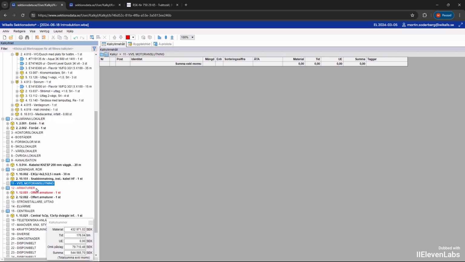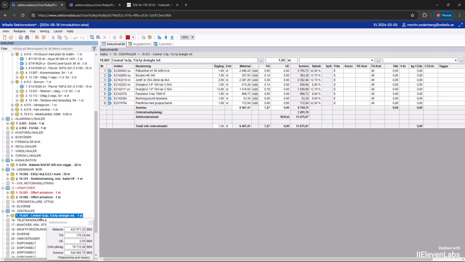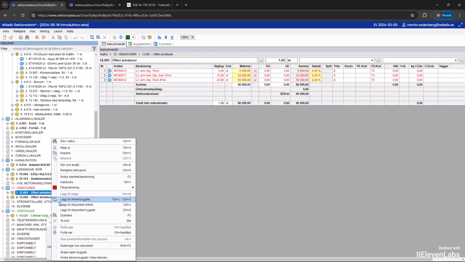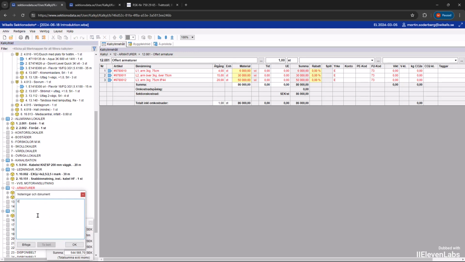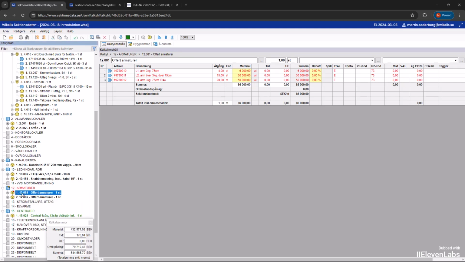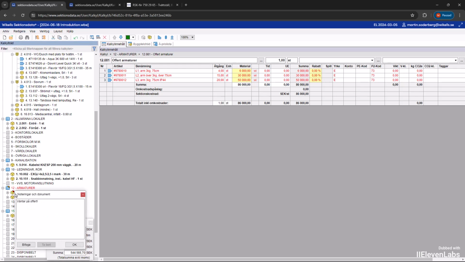When something is ready, I can instead mark it green. I select the post, choose green, and also get a track up all the way to the chapter. Notes can be used to add comments in the spreadsheet. I right-click on an entry and select Notes and Documents. Here I write waiting for quote and click OK. I then get a mark on the building part, and when I hover over it, I see